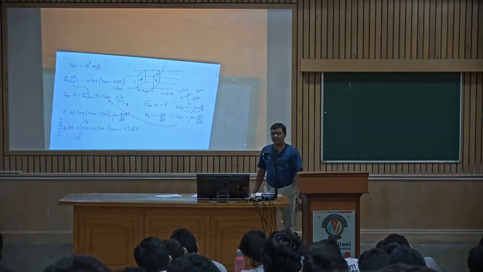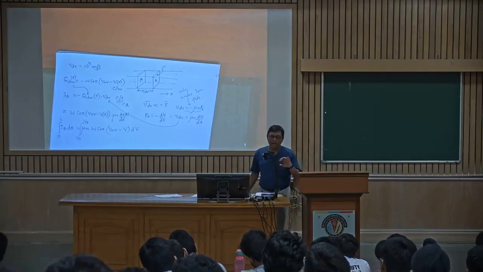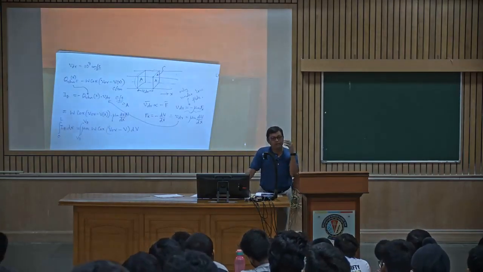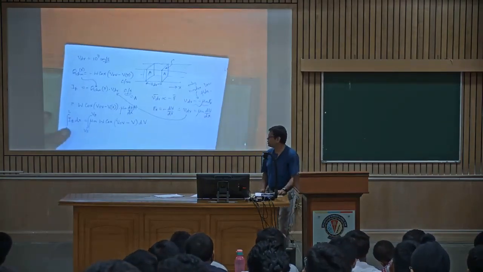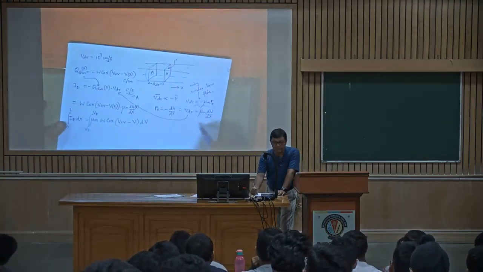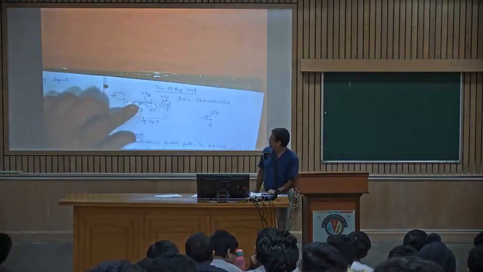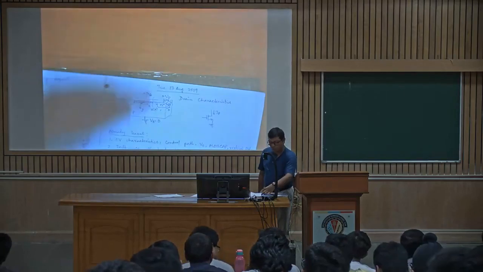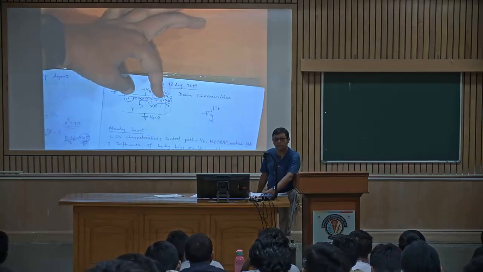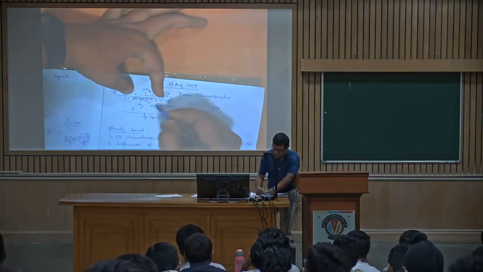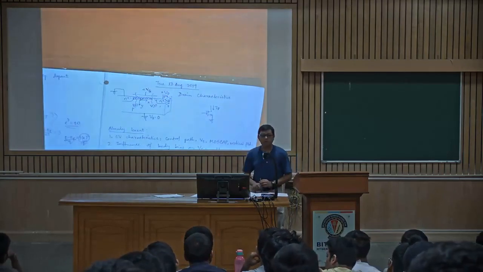Because if the field is very high, then we will get some saturation effects and all. That happens only beyond like 65 nanometer technology. Let's not go into all that short channel effects. So in that case, what happens is, if it is proportional, then what is happening here? If the channel remains constant throughout the channel thickness, or the number of carriers remain constant throughout the channel, that means at any cross section Vx at any x value, okay, what will happen?